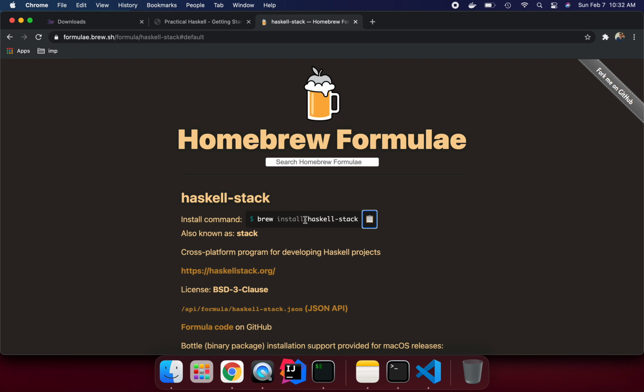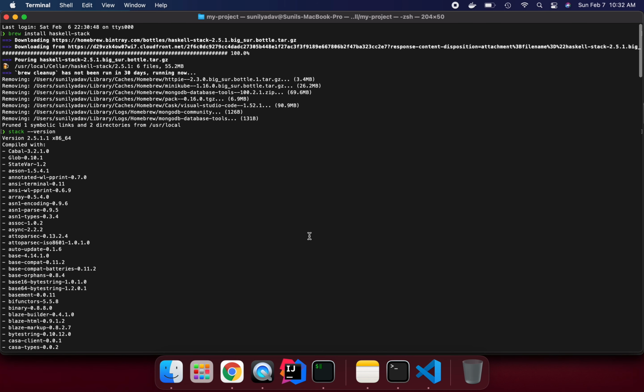If you don't know how to enable the Rosetta mode terminal and how to install Homebrew, I have already created a video for it. You can check out my YouTube channel and playlist, where the MacBook M1 installation guide is. Once you install, try to run this command: brew install haskell-stack. It will take a little bit of time, so make sure you have a good internet connection, otherwise it's not going to pull all the dependencies.